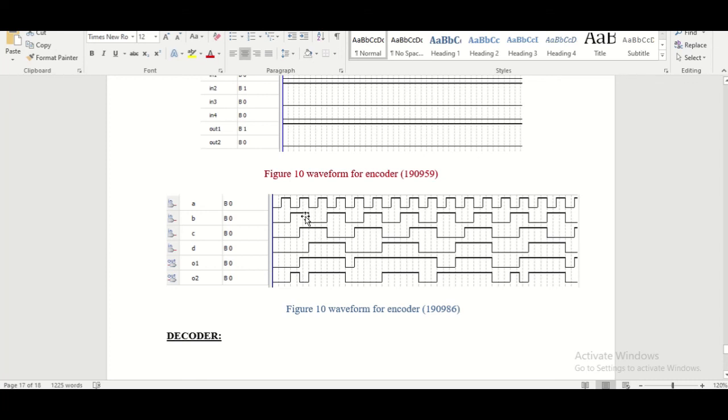And then when both of them are 1, the output is 1, 0. Here it was 0, 1, here it is 1, 0. So different combinations of B, C, D will give us an encoded output, which is in the form of O1 and O2. So this is how we can implement all of these demux, mux, encoder and decoder on Verilog HDL.